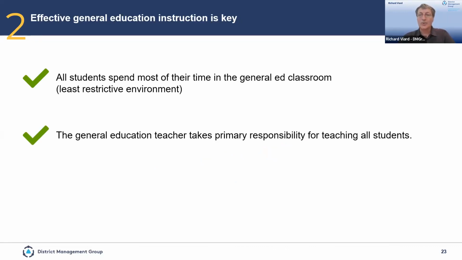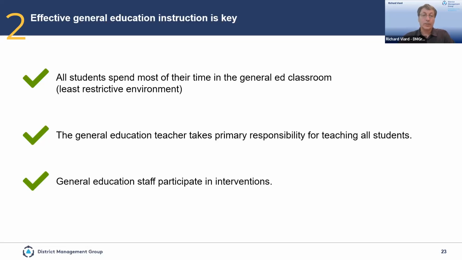So not just the students and then sending some of the students to special education and pull out, but all the students, even the ones that are identified and have some pull out services. And then having the general education staff participating in those interventions. So they know the student, they know the curriculum, and they are one of the best ones to provide some of the interventions or the enrichment, as well as other staff like reading specialists. And we'll talk more about the roles of highly effective teachers.